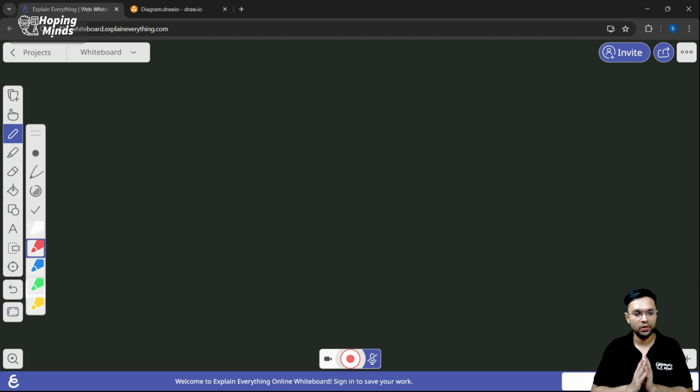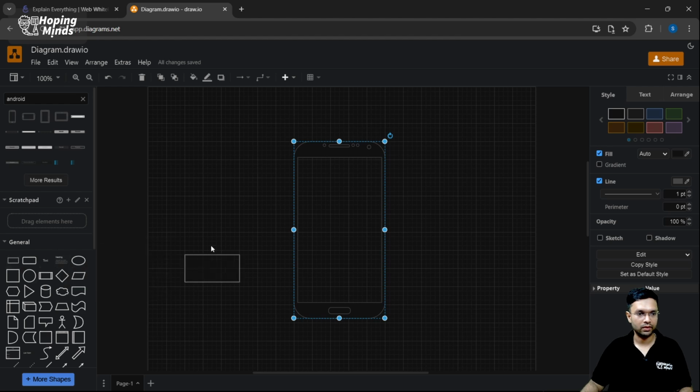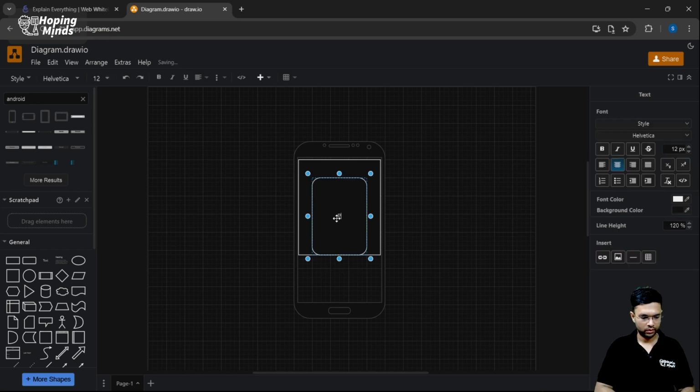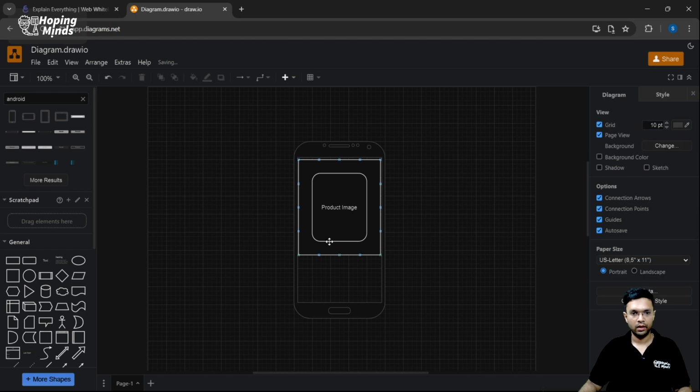Let's dive into the session wherein I'm going to show you how we will be completing the design for our product description screen. Let's say this is the product description screen and I'm going to spend the majority of the screen to load my image. So that's going to be my product image. Let me just keep a space in between. What I'm going to next try and do is